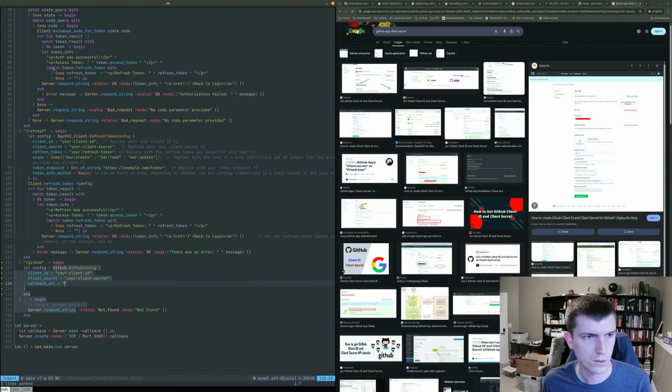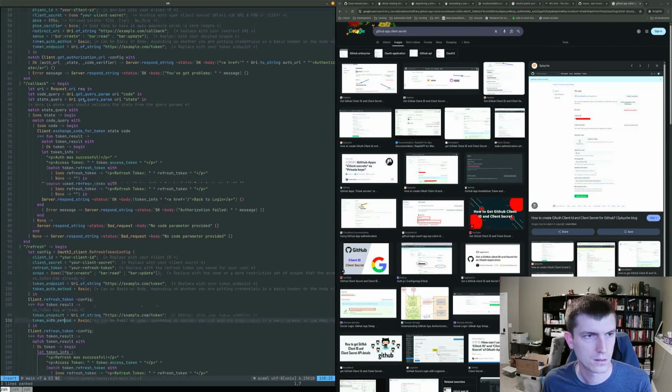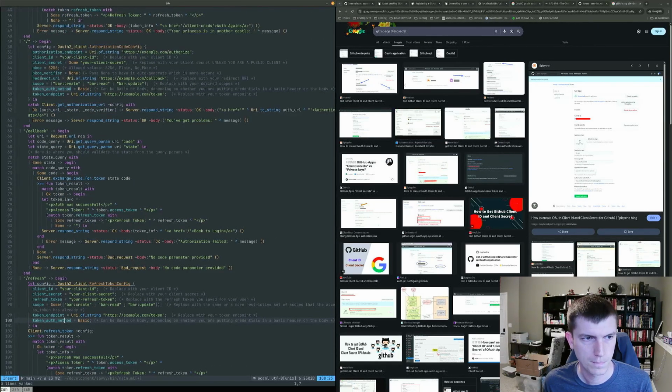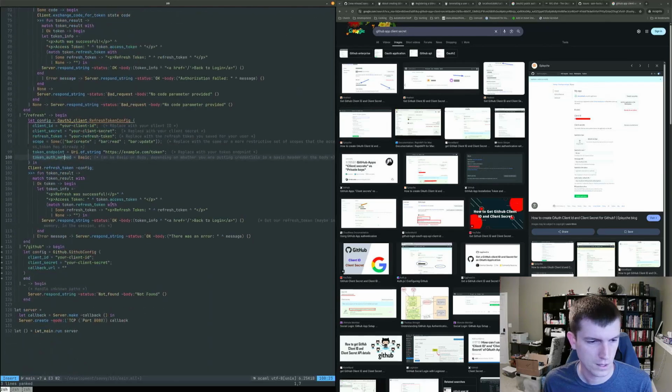So I know I use redirect URI up here, but that's because in OAuth 2, that's the terminology that they're going to use. And from a developer perspective, I want to keep the names of my parameters and my config things as similar to what I'm actually doing. Even if I was of the opinion that callback URL is just a bad name, I would still call it that because that's what GitHub uses. And if this is going to be a GitHub integration, I want it to match.